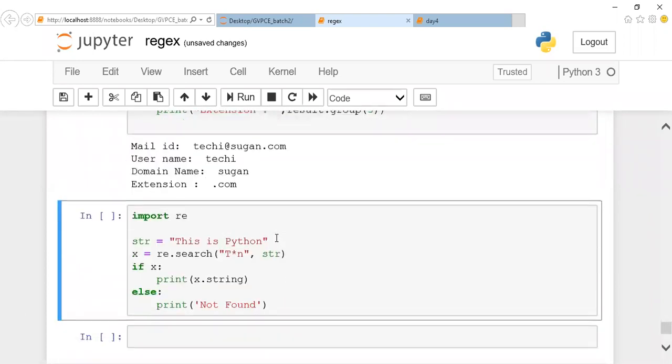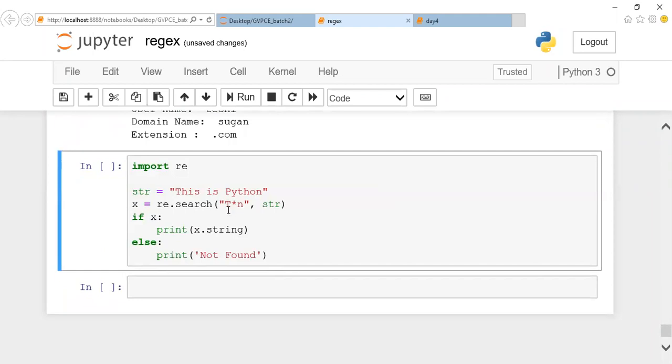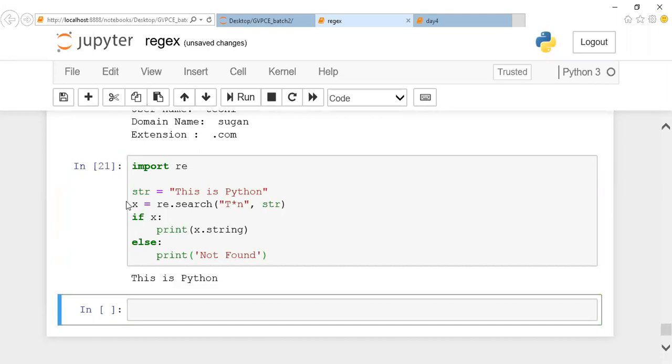And the next thing is, if you want to find with the same search pattern, you know the beginning character and the ending character, but you don't know what is in between. In those cases, I can use re.search. It starts with T and ends with N. I know it starts with C and ends with N, but I don't know what characters are in between. In those cases, I can place a star, which means any number of characters in between. If I execute this, you can notice that it will give you the complete string.